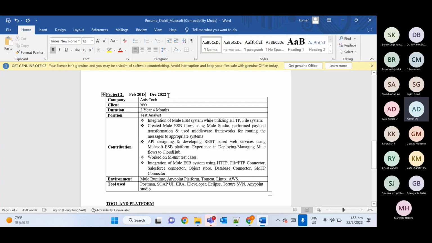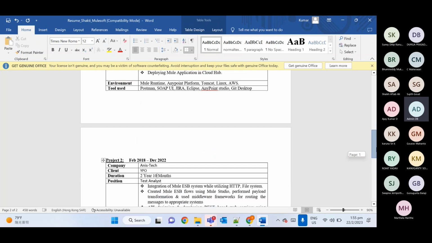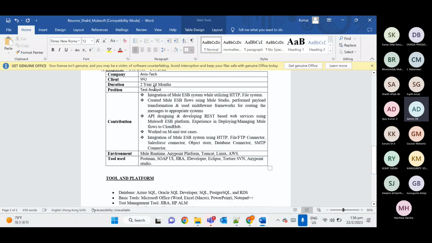So what will the duration be? 2 years, 10 months, I think, correct? Here 10 months. If someone has more experience, you can copy paste and make a small modification based on duration.